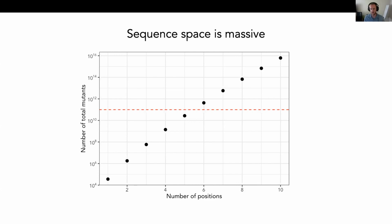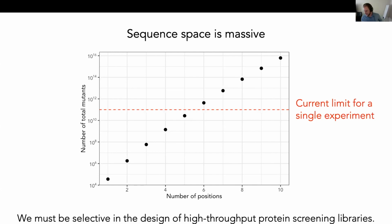And unfortunately, our most advanced experimental methods have a limitation of about 10 to the 11th sequences that they can screen in a single experiment. And so this limitation really defines our upper boundary for what we can do in an experimental wet lab technique. So to some extent, we must be selective in the design of these protein sequences that we want to screen